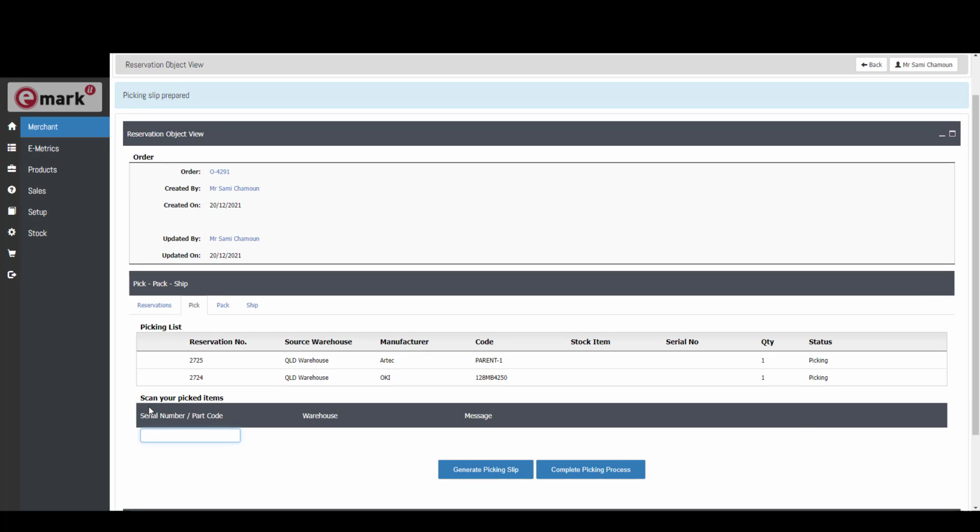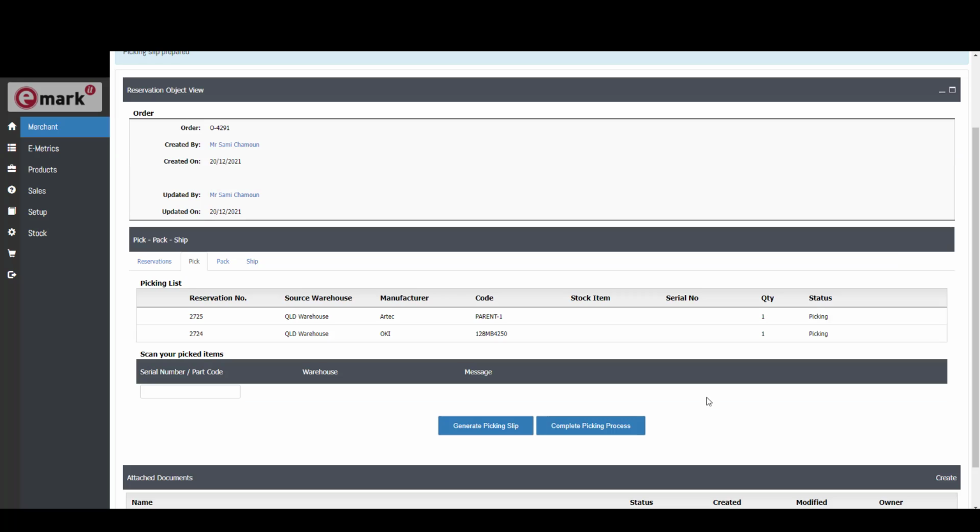The very next thing that we can see here is a field to start typing or scanning either a serial number or a part code in. We can also generate a picking slip here by clicking on this button, and what that will do is store a PDF copy of a picking slip into the document management system. This can then be printed off by the warehouse and used as a picking slip as they walk around the warehouse. So if we now scan our first code in,